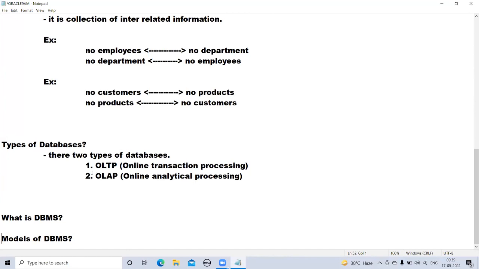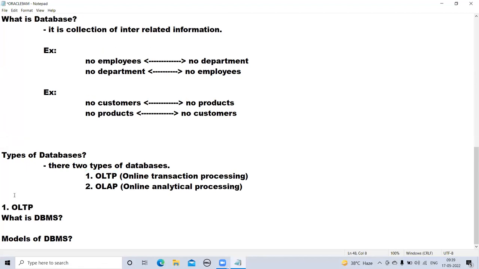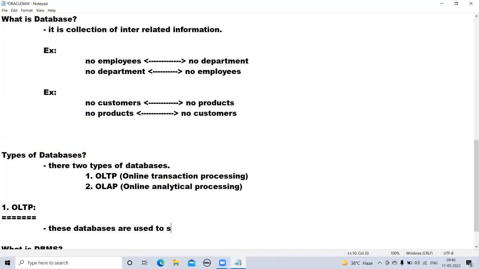Right. So the first thing, guys, is OLTP. First we will discuss OLTP. OLTP stands for online transaction processing. But what is the purpose of this OLTP and why are people using it? The first thing is that OLTP databases, that means these databases, are used to store